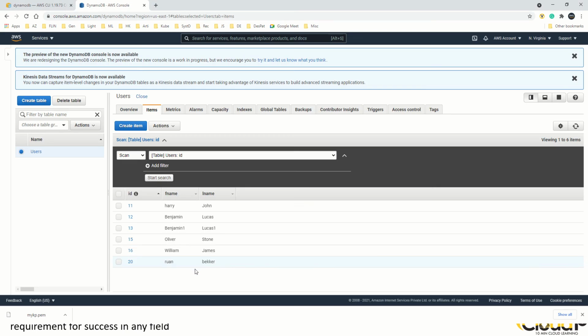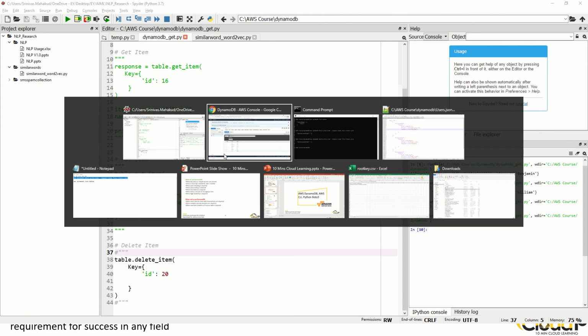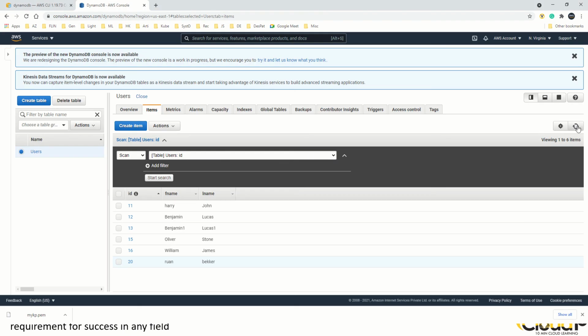Let me try to delete this ID called 20. I have mentioned 20 here, and I'm going to click on the run button. Now go and refresh the console. As you can see, 20 has been deleted from this DynamoDB table, right?